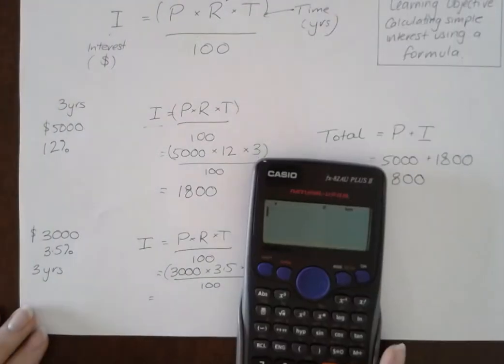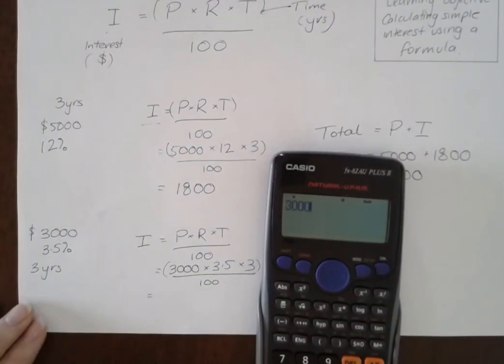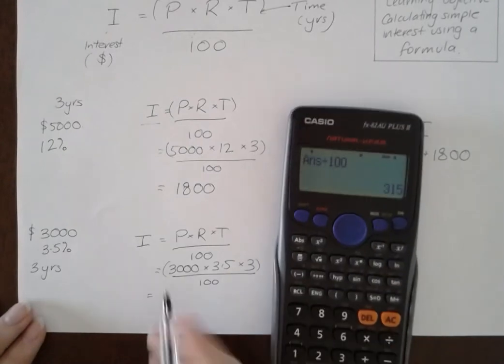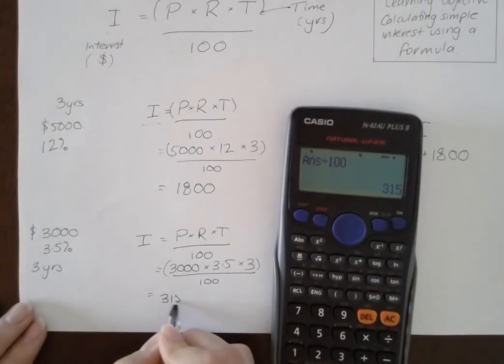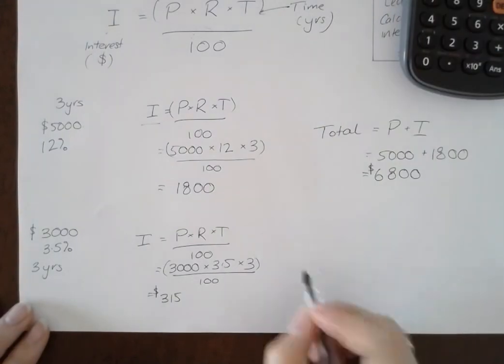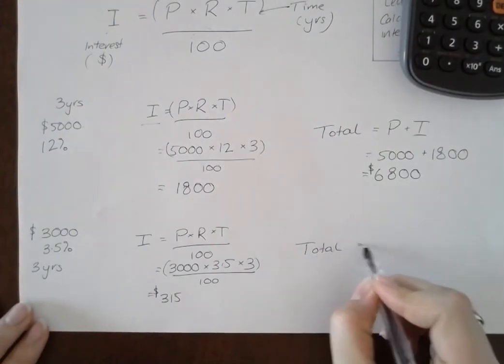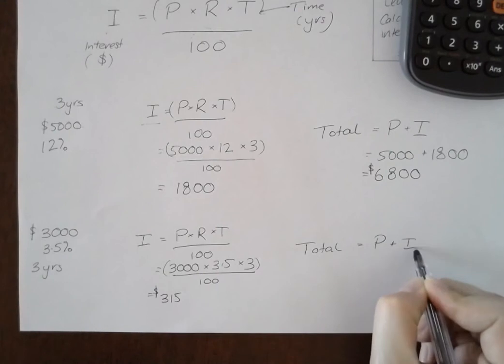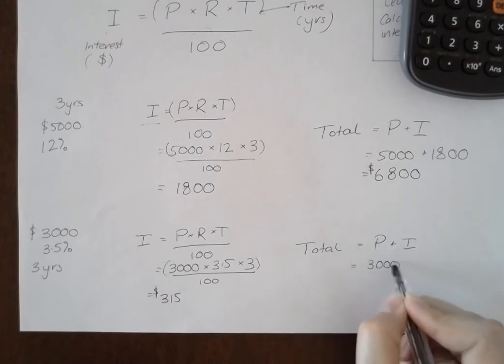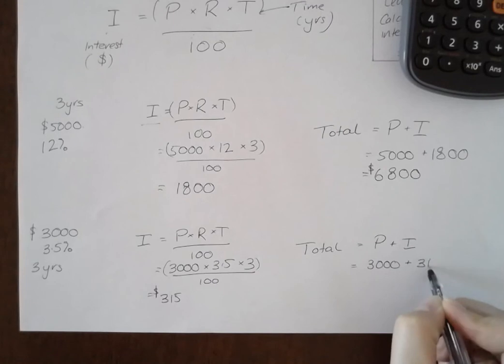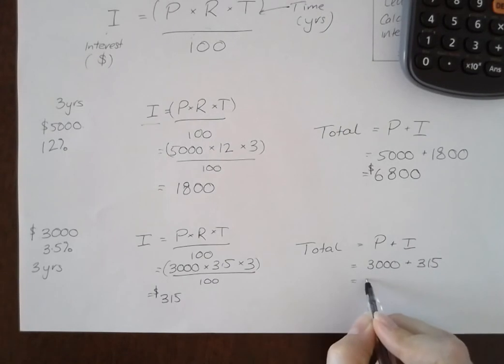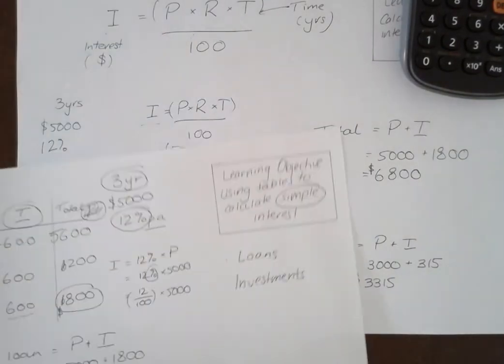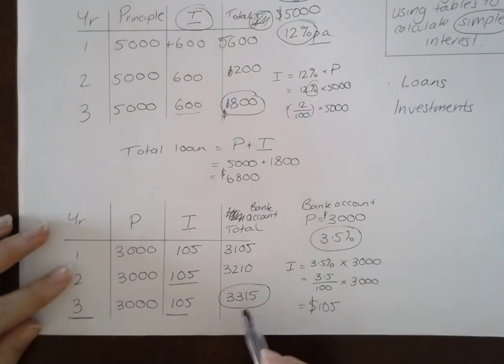Do that on the calculator. 3,000 times 3.5 times 3 divided by 100, and we've got $315. Remembering once again we need to do our total, so the total is equal to the principal plus the interest. Our principal was $3,000 plus our interest of $315, which gets us to a total of $3,315 in total. If we look back at when we did our tables, we've got a total of